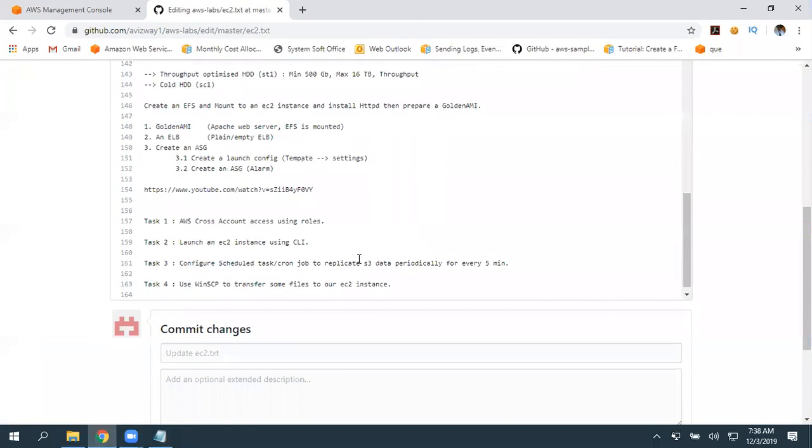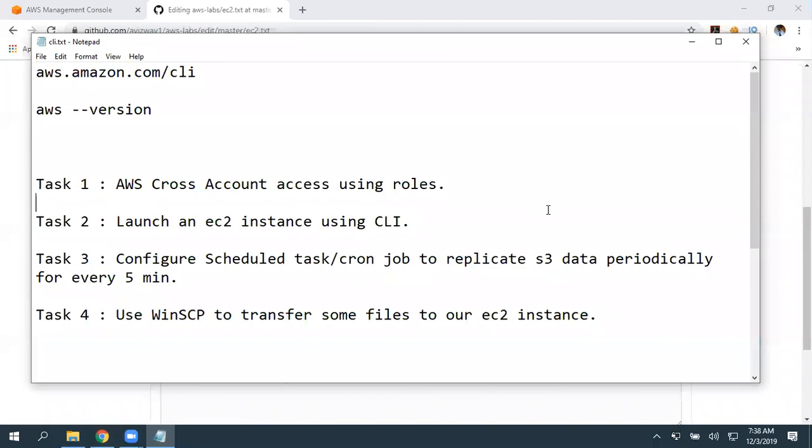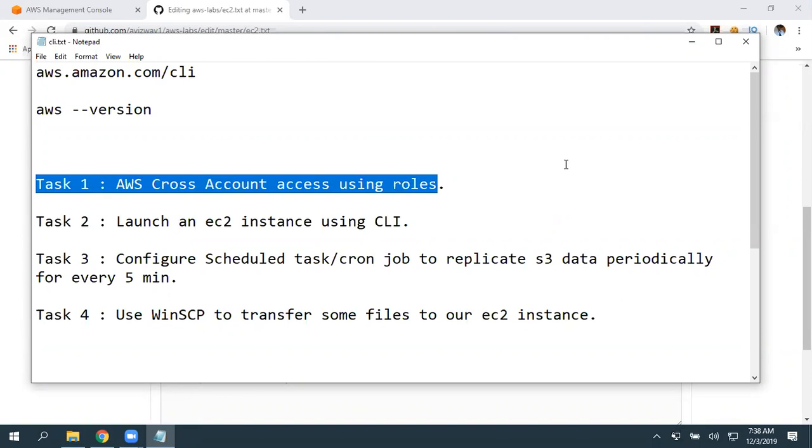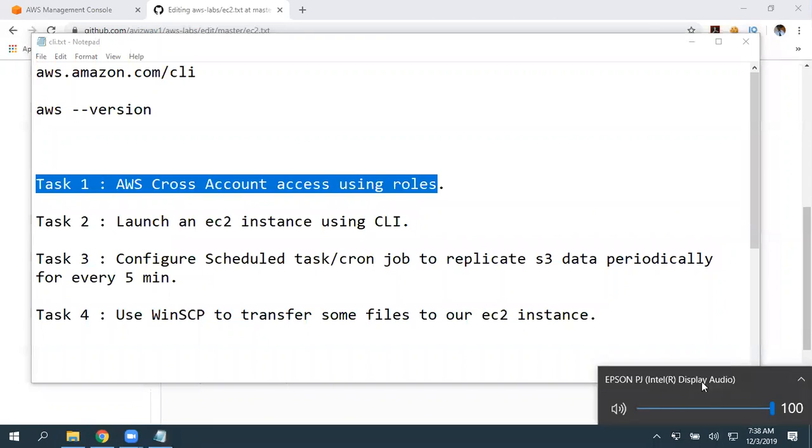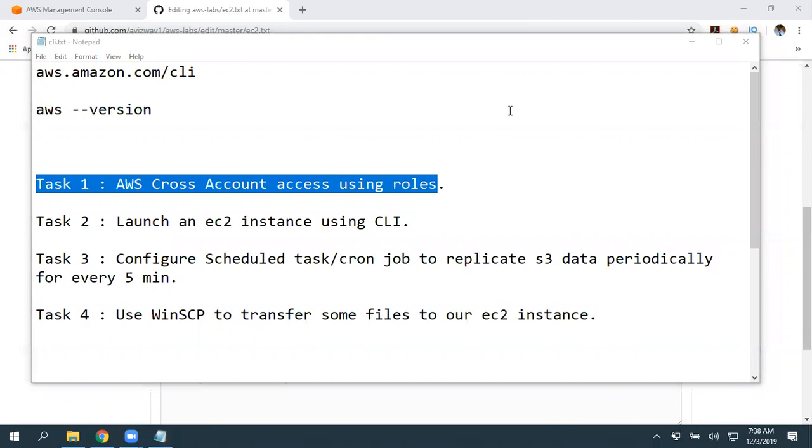Did you get any chance to perform that cross account access? What resources do you have in account one? Have you tried to share that with another AWS account and have you verified that?